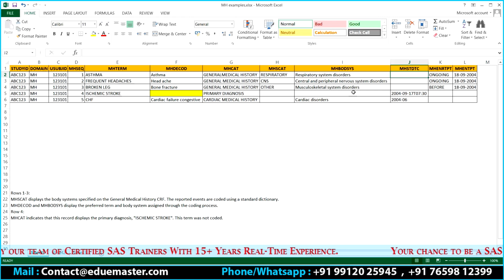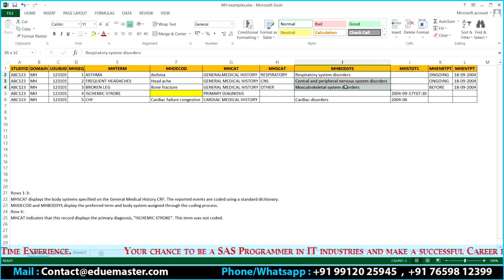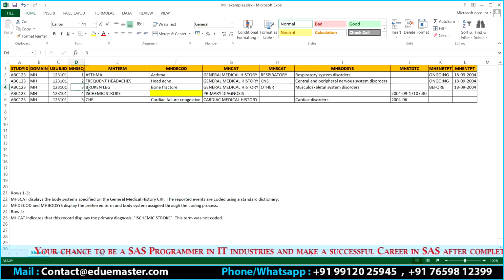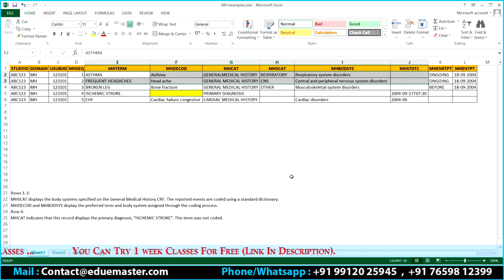The reason why we haven't given the start date is pretty simple. These are ongoing events. Or this bone fracture happened long before, right? So generally we capture the events from the ICF before the treatment. Generally, am I correct? So in this particular case, we haven't captured this one. For the third one, it happened long back. But these two are ongoing, meaning the subject